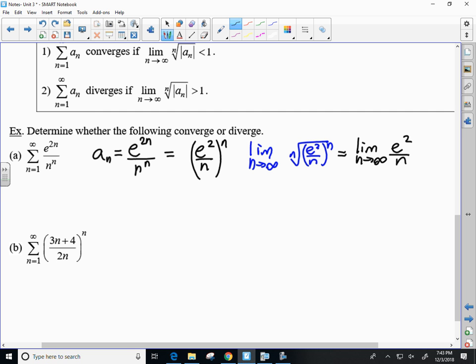So this is the limit as n approaches infinity of the nth root of a sub n